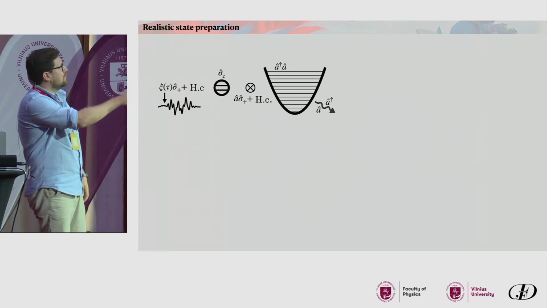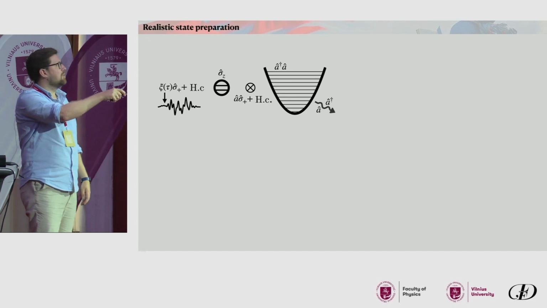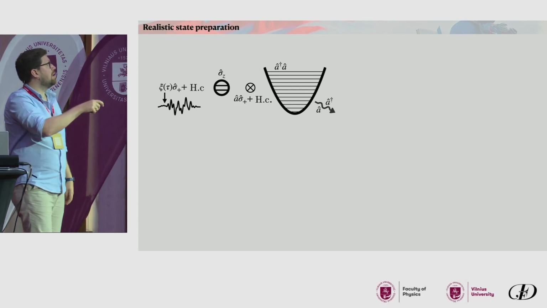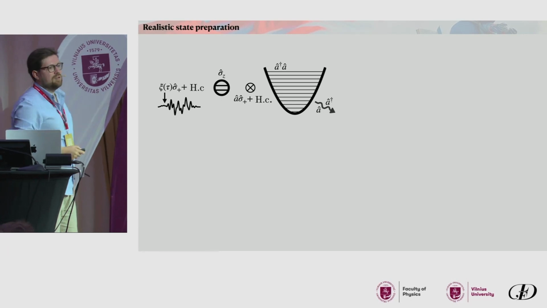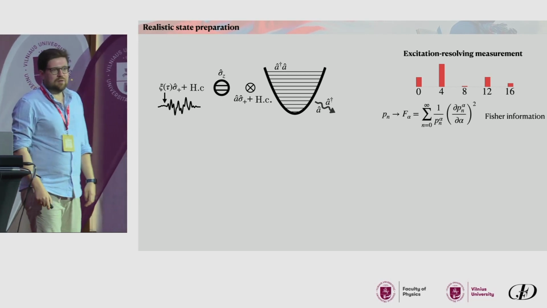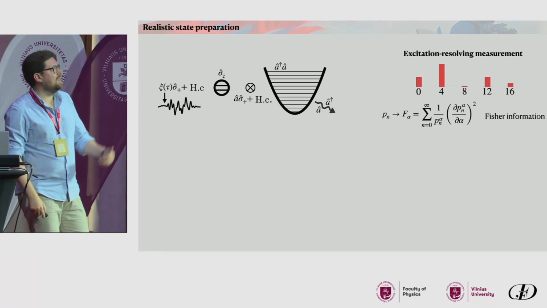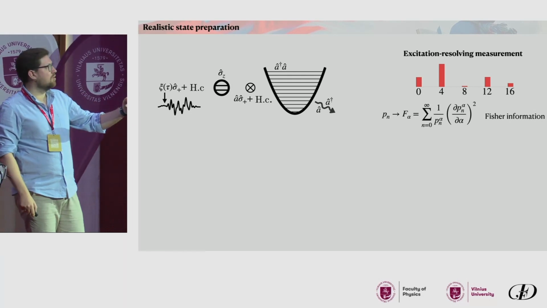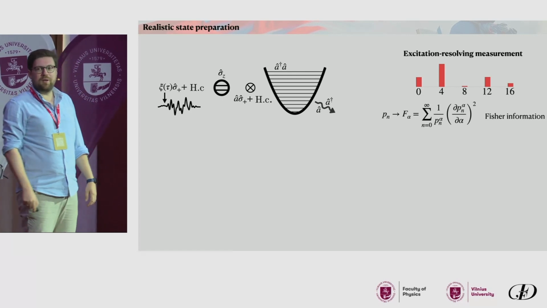So we took this spin oscillator system. We have some decoherence of the motion in here. We have Jaynes-Cummings couplings, and we have the optimal control done via driving the qubit only. And for the measurement, we took just the excitation resolving measurement. So we assume that at the end of the state preparation and sensing stage, we have access to the Fock state occupation, and we take just the Fisher information with respect to this measurement.